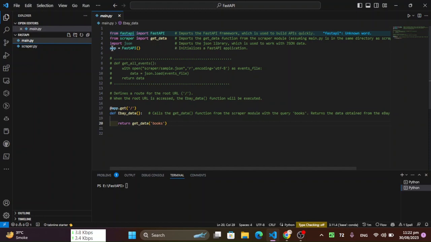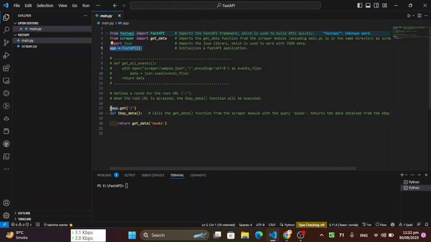And this line creates an instance of the FastAPI class and assigns it to the variable app. This instance will be used to define and manage routes and endpoints for the API.